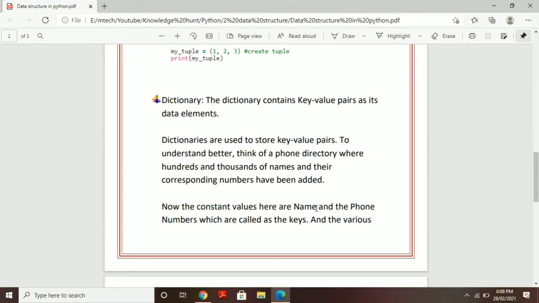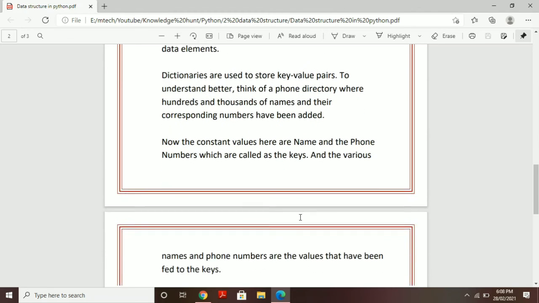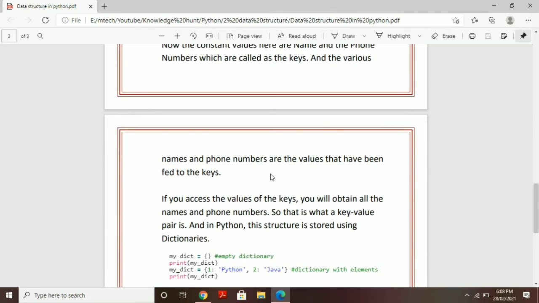Here the name is the key and the phone number is the value. For various names, there are various numbers attached. If you access the value of a key, you will obtain the specific phone number. This is called a key-value pair: for a specific key, there will be a specific value.